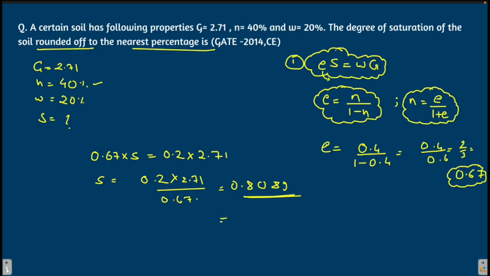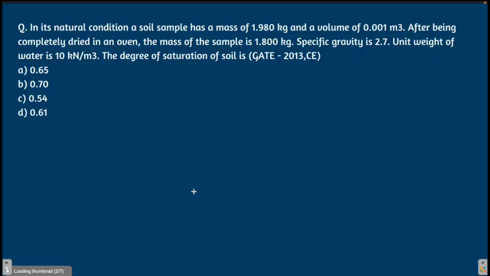So we have to convert it to percentage, not decimal. In percentage it is 80.89%, but even that is wrong because we have to round it off. Rounding off, we get 81%. While doing GATE questions, be very careful about the terms in which the question asks for the answer. It's my humble suggestion that after solving everything you read the question once again before you input your answer. Okay, moving on to the next